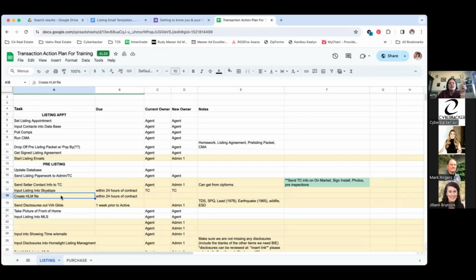Create HLM file. That's my HomeLight listing management file. So I know I talked about that during the buyer. I can open it up and show you, but I create a HomeLight listing management file for all of my listings. And I add,